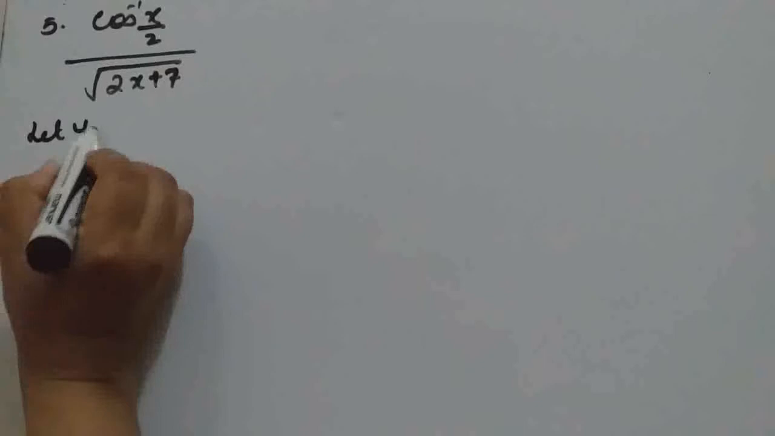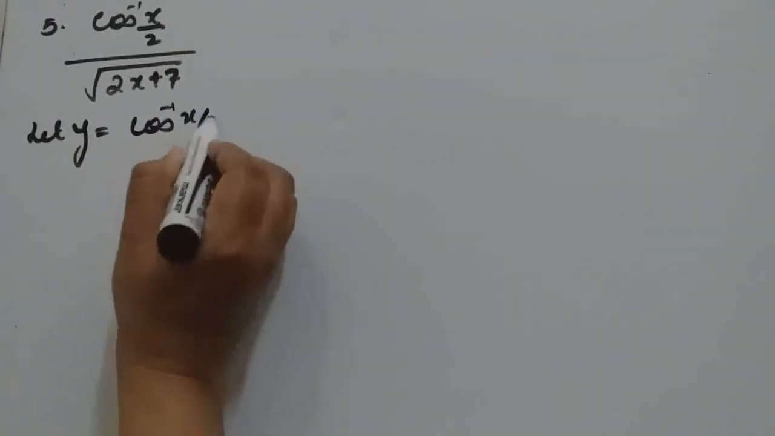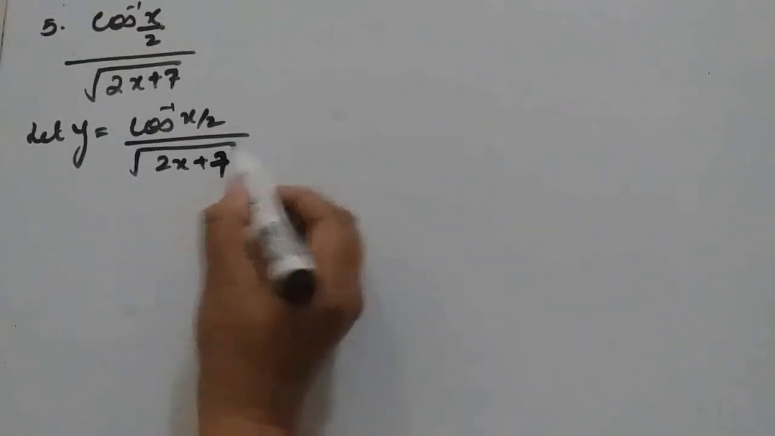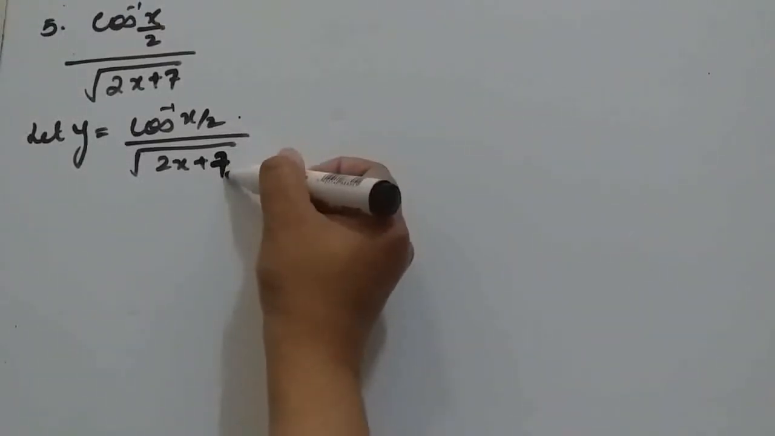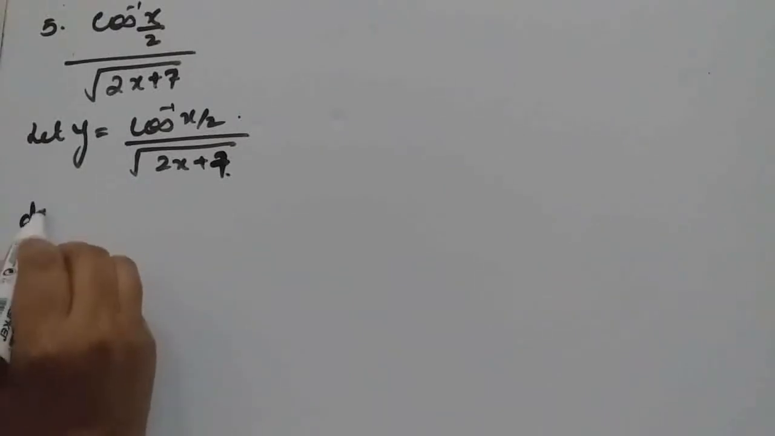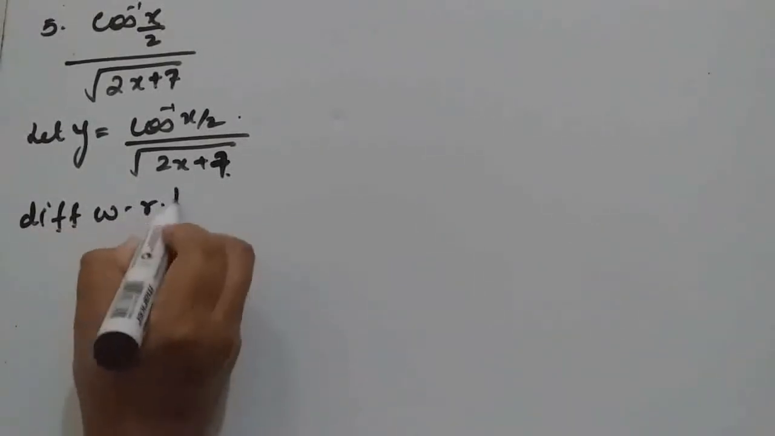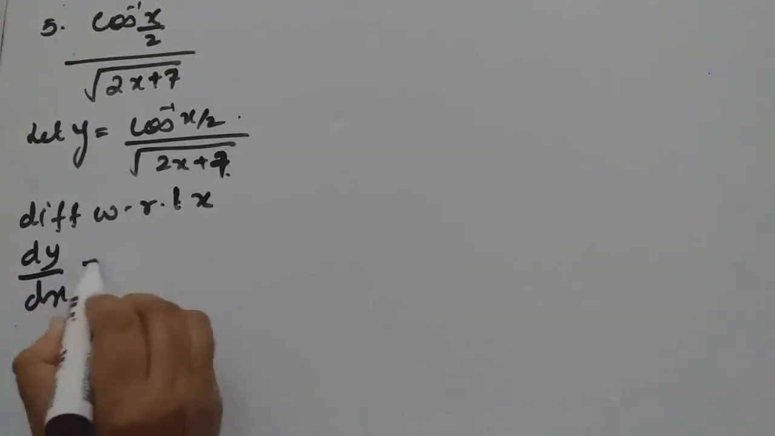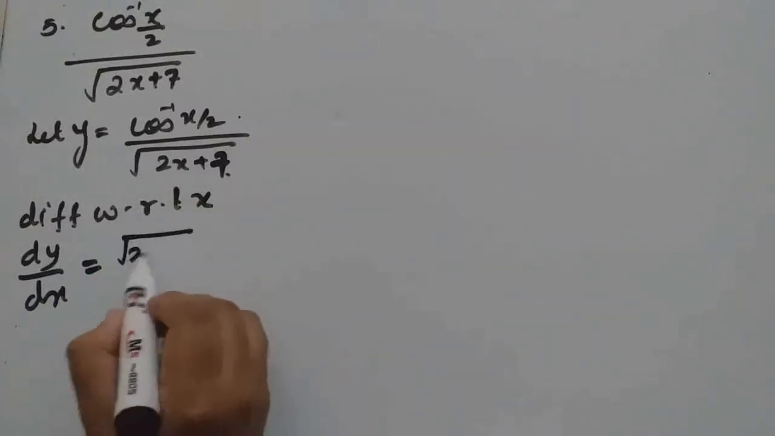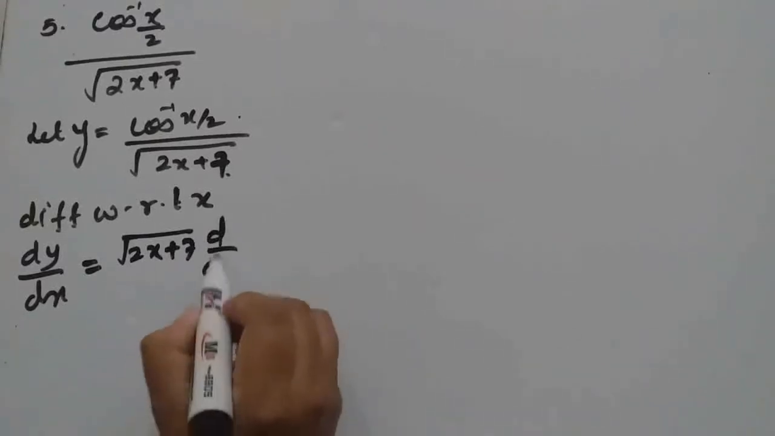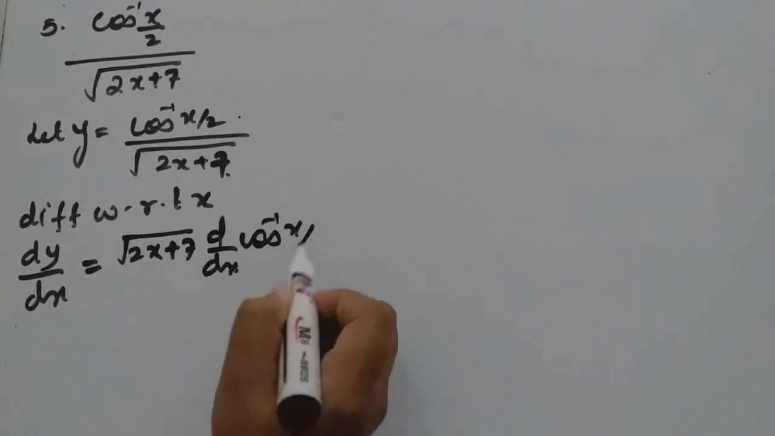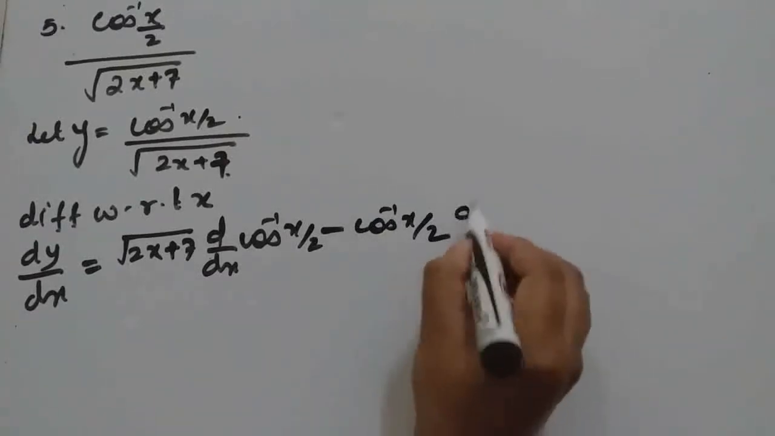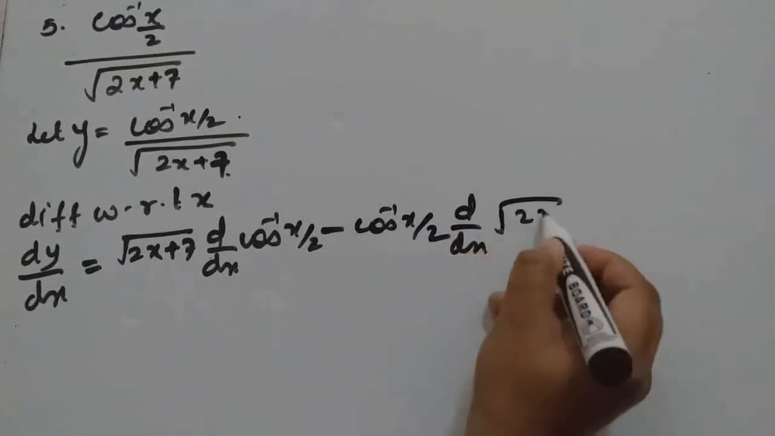Let y equal cos inverse of x by 2 divided by root of 2x plus 7. See, the numerator is there, the denominator is there, which means we can apply the quotient rule. So differentiate with respect to x. dy by dx is equal to denominator same, derivative of the numerator,